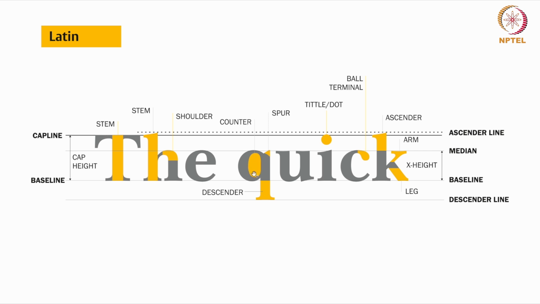Okay, then there is a shoulder, which is a curved stroke, this one, that extends outwards from a stem most of the time, as seen in letters H, M and N. Then there is an arm. An arm is a horizontal or upward sloping stroke that does not connect to other strokes. So this is the arm in letter K. Also in letter K there is a leg, which is a downward sloping stroke, also often seen in letter R.